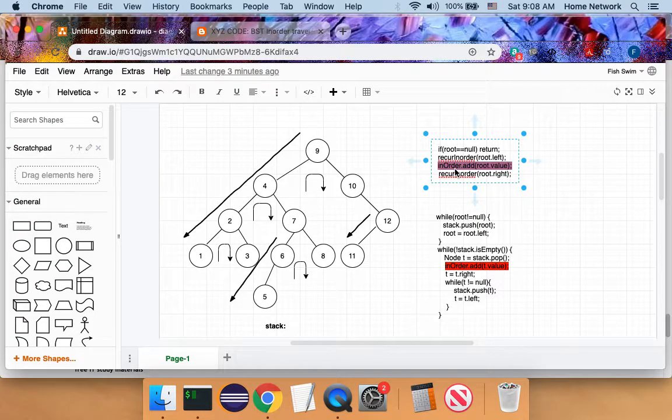We add 2 into the final result, and we run this line, which brings us here, and we pass in the left node, which is null, and then we add 3, then we pass in the right node, which is null, and we return. So once we return, we just finish running this line, and then we go back. Once we return, we just finished the left branch, right? We just finished the call of this, and then in order, we just add 4 into the final result,